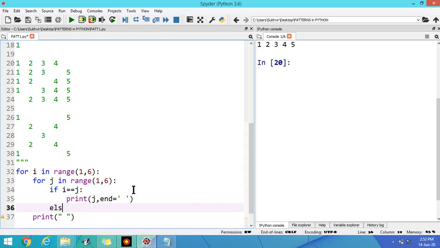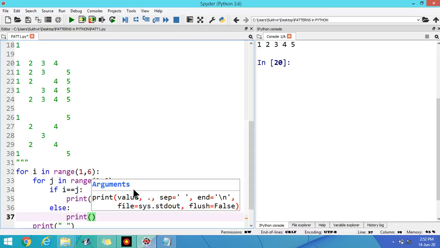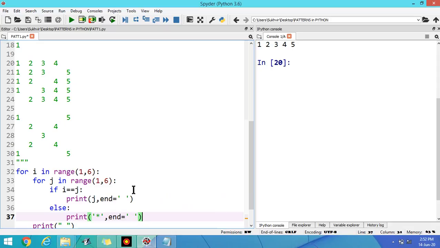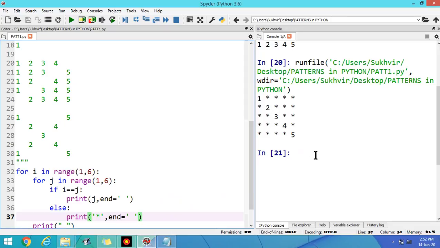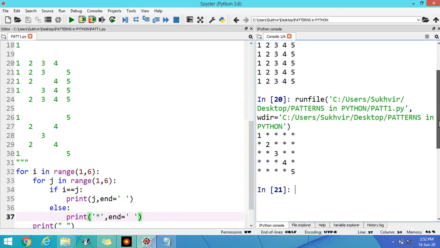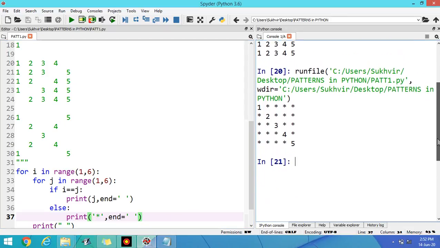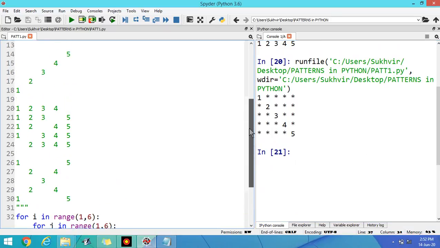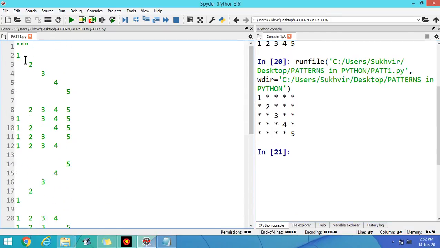If the values are not equal, then print, suppose I write a star here, followed by end, separated by some distance. Then execute the program. All the contents are there. It means I can print the values of the principal diagonal.